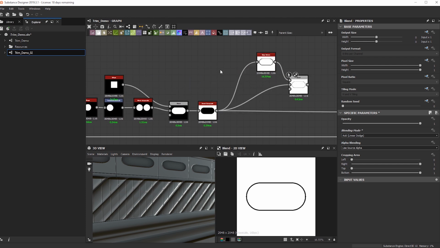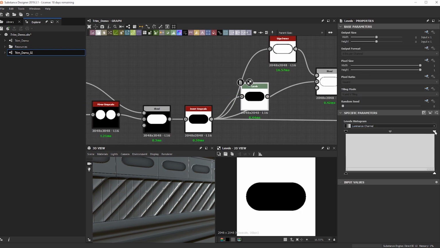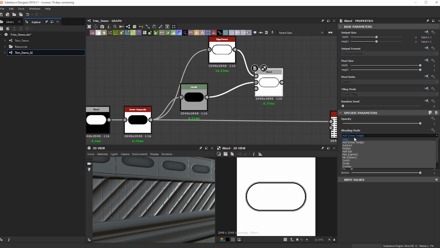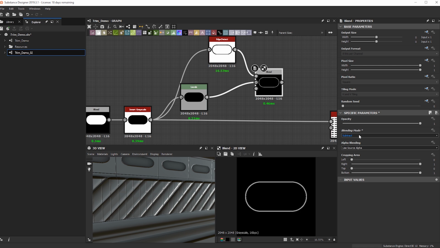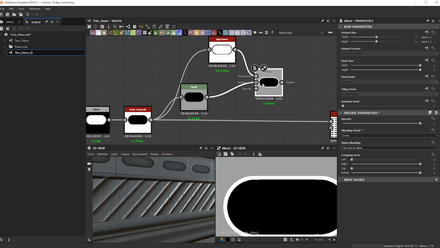So what I can do here is take a levels and bring that down a little bit. Now when I go through the different options, we'll be able to find when that works. So there we go. This is what I was looking for.